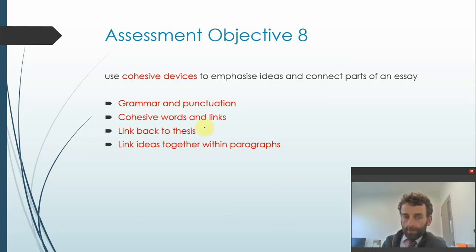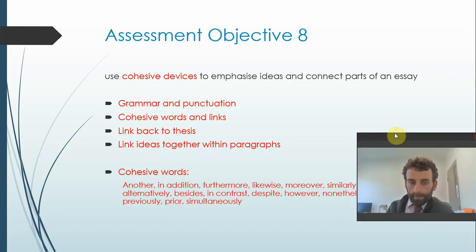So as we said, you might have two paragraphs which are unpacking the same idea. So you might have an analysis of the weather in the play. Your first paragraph might be about Act 1, Scene 1, and the kind of dark and eerie mood that's set there, and the witches meeting in thunder and lightning and speaking about the weather. And then you might have a cohesive word, furthermore, this is developed throughout the play. Or this is developed with the murder of Duncan, with unnatural events occurring.